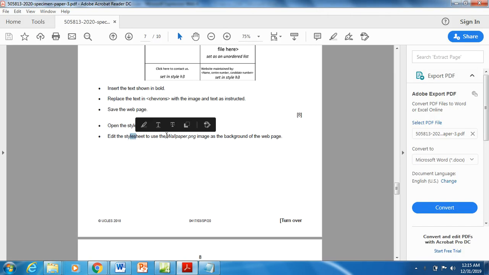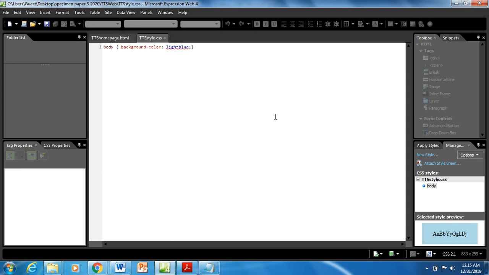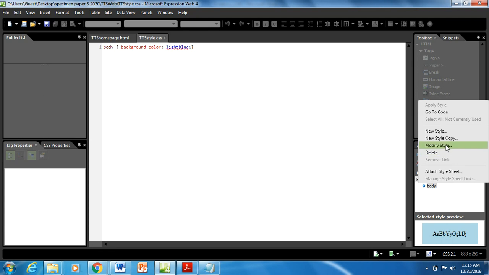Edit the style sheet to use the wallpaper.png image as the background of the web page. So you are going to change the background of the web page to this picture, that is wallpaper.png. So this is how you can do that. You can see the style sheet panel here. CSS styles, body. Just right click on that, modify style,